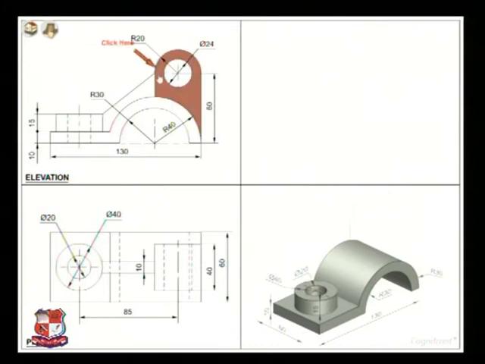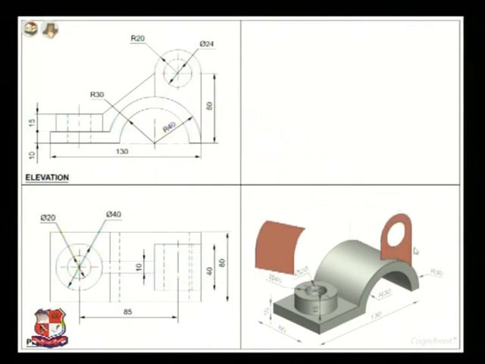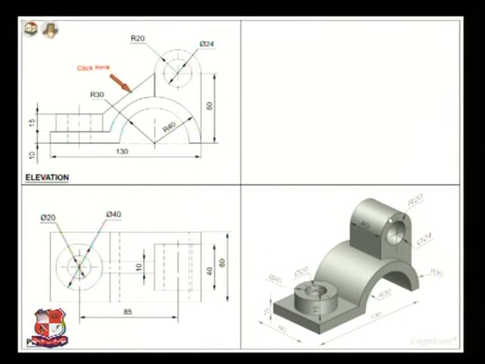Now think about this one. If you click here, this object is there. It is like this, somewhere here. You can see here 40 mm is the width. So from one end to another end, 40 mm is the width. Now think about this one. This is a support rib. You can see here it has 10 mm thickness. It would be somewhere here. Click here so that we would be able to know what that rib is in isometric view. So this is the rib in isometric view.